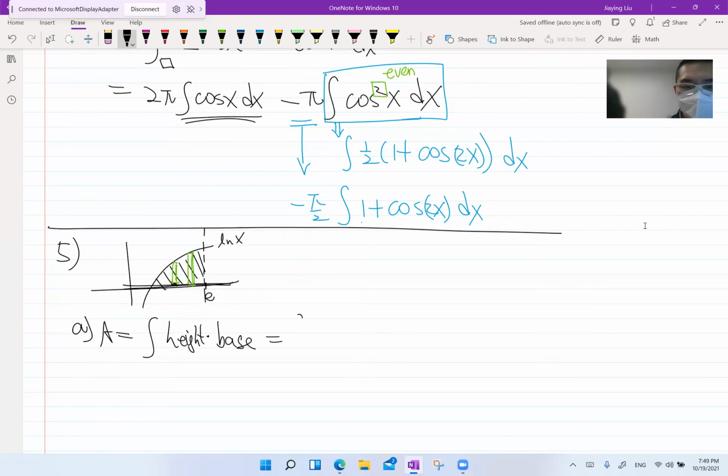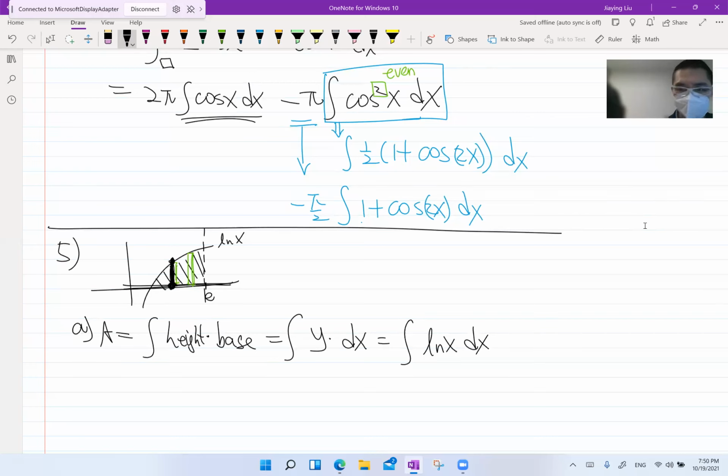So that's just going to be dx, the way I draw the rectangle. And what about the height? Well, this is the height, right? It's the distance between the y value on the curve and y equals 0, the x-axis. So I'm just going to say y for now. What is y? y is natural log of x. So we're just integrating natural log of x dx